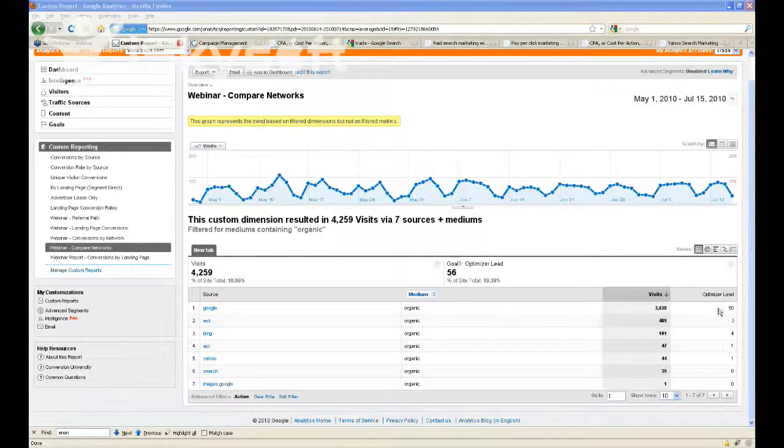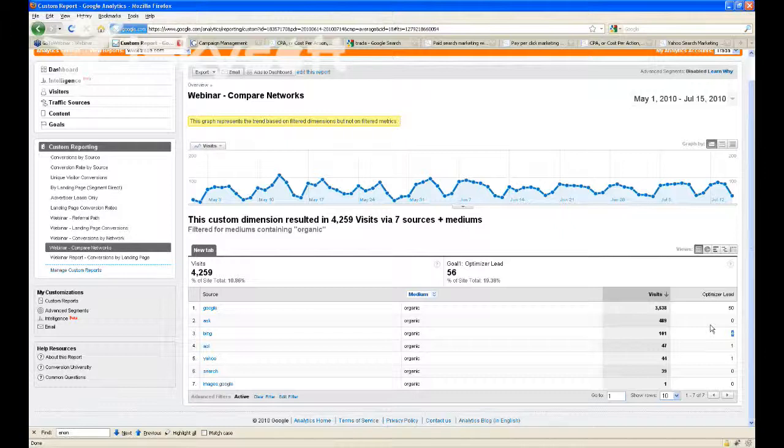But if I take a look at from the side of how many people actually turned into leads for the business, the numbers are not as disparate. So off of Google Organic, we got 50 leads for one of our categories for paid search experts, but off of Bing, we got 4. Well, this was a 35x difference between visits on Google and Bing, but this is definitely not a 35x difference between Google and Bing in terms of the number of leads we got. So that might lead you to the conclusion that it's actually worth your time to start spending some of your paid search dollars on Bing.